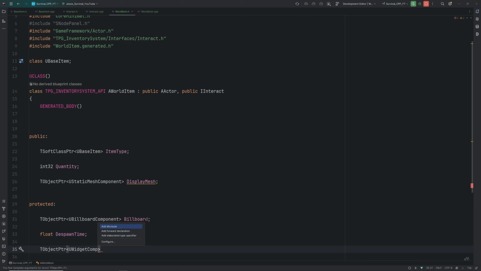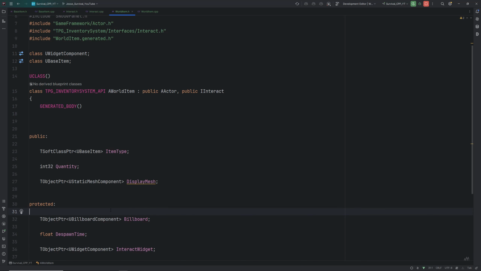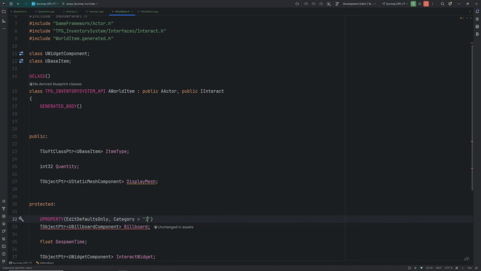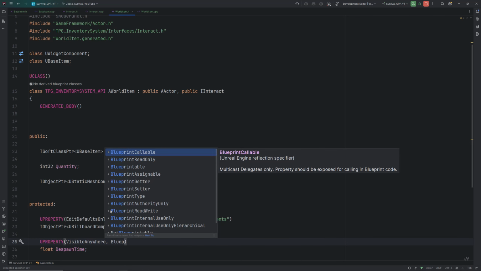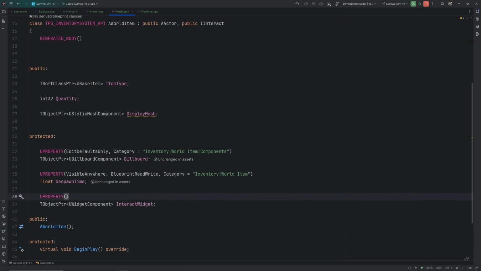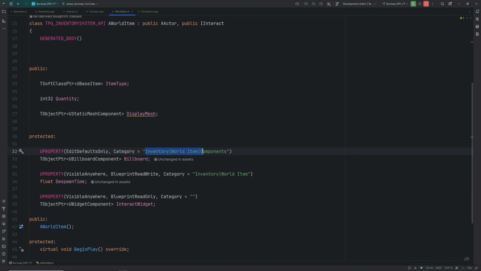But let's create the UWidget component, and we're just going to add the forward declaration. I'm going to call this one interact widget, and let's give these some U properties. This one will be edit defaults only. Give it a category of inventory, world, item, and components. Next will be U property visible anywhere, blueprint read write, category equal to inventory, world, item. And the last one will be a U property, visible anywhere, blueprint read only, category will be the inventory, world,